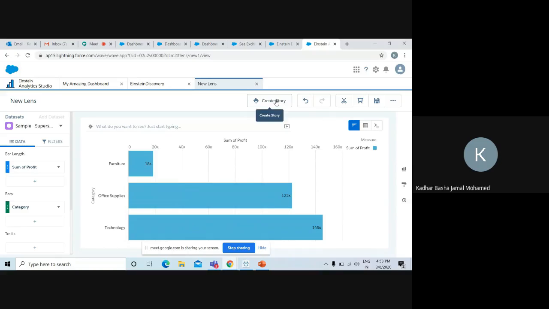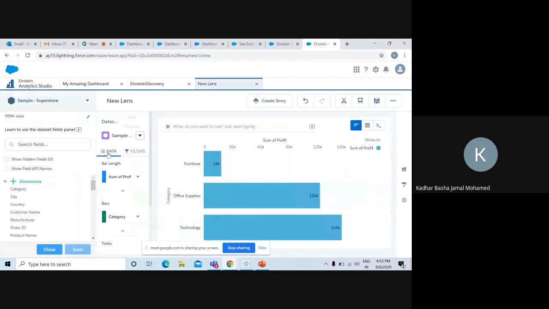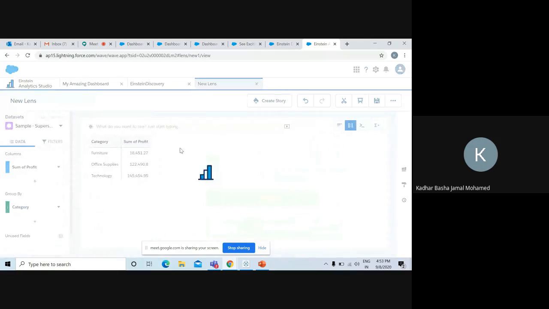Once we create the lens, I mean import the data sets, we can perform some analysis here. We can show the fields panel and some fields. We can create formula fields and derived measures, like calculated fields. Derived measures are what we call calculated fields in Tableau. Here we can use chart mode and table mode. If we click here, there is a compare table, pivot table, and values table. The compare table is a comparison between the 3 products: furniture, office supplies, and technology.